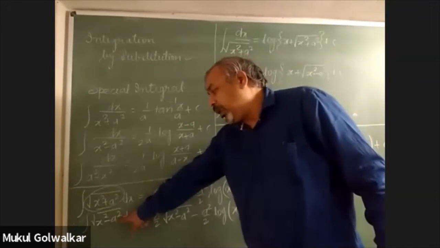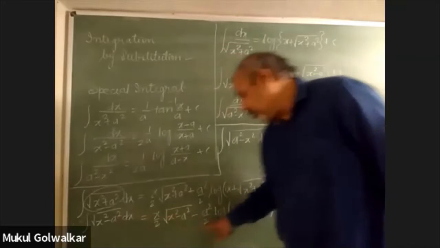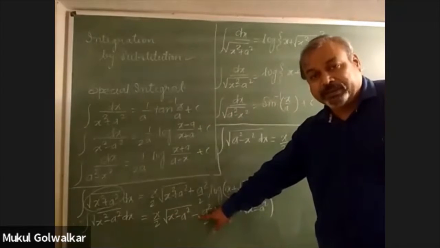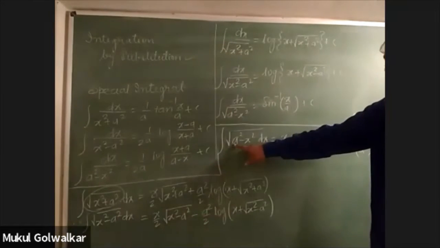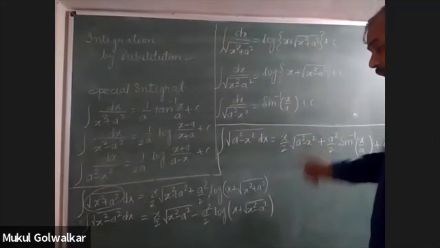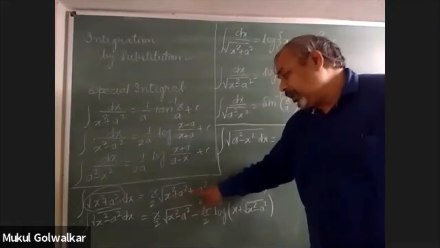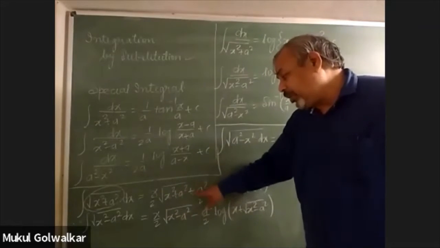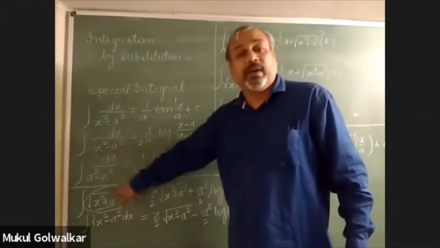In the standard formula, a square term is negative. So here we are going to write down minus sign. And in the third formula, a square is positive. So here we are going to write down positive sign. Okay. So this is the second observation, that after writing the first term, the sign of the second term will be same as the sign of a square term.